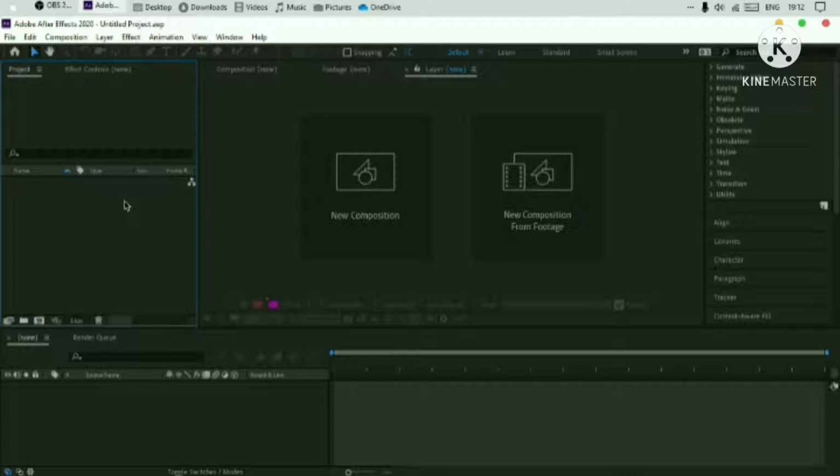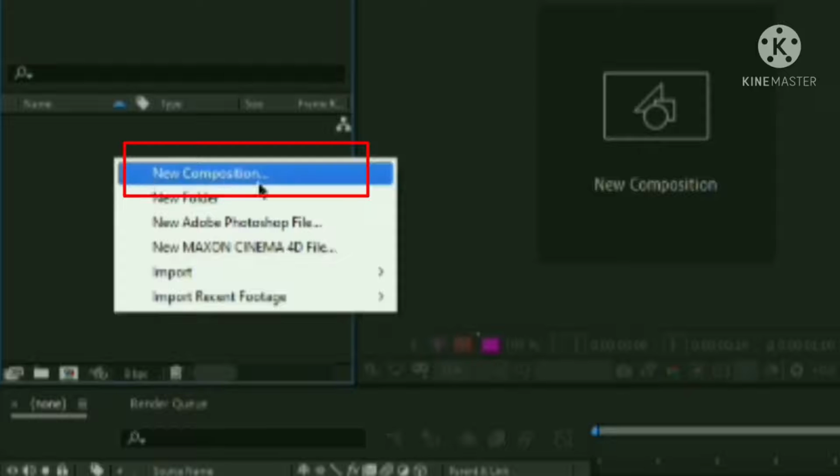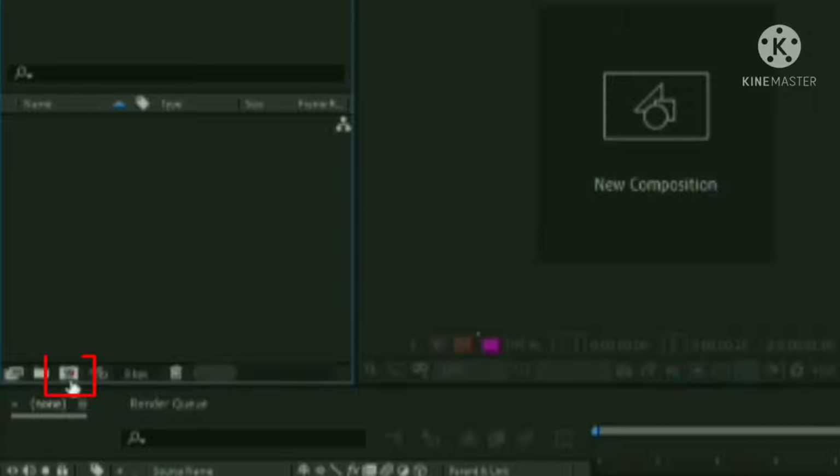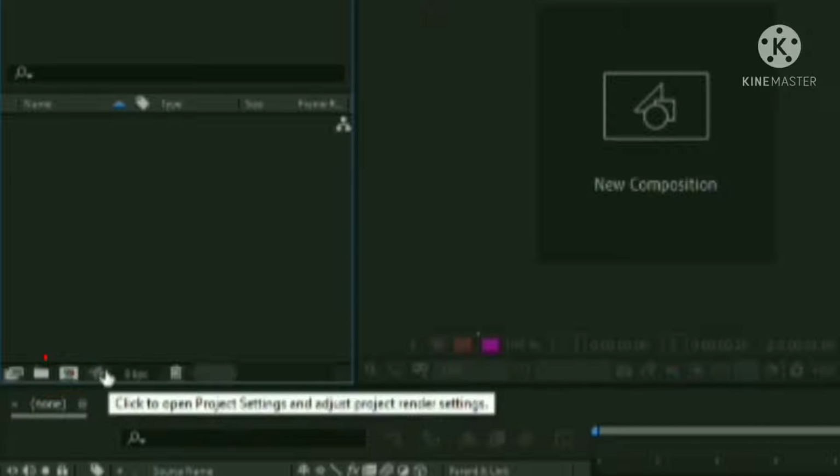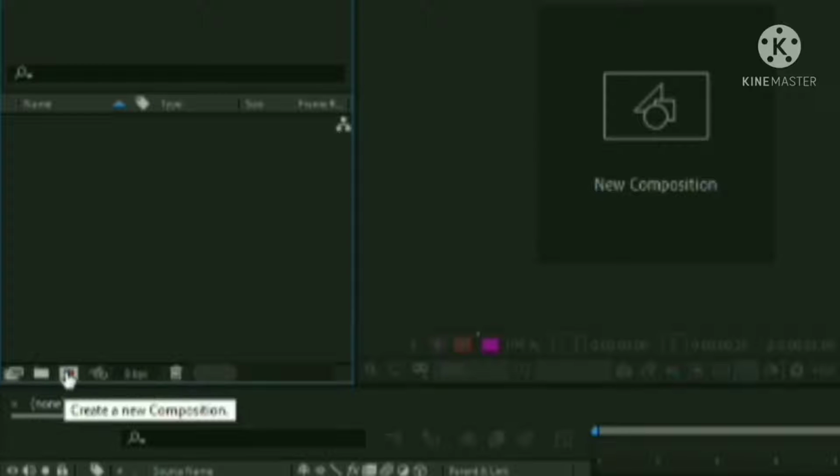A composition can be created in three simple ways. By clicking on this option, new composition, or you can just right click and create a new composition from here, or else here is a button, actually not here, this one. This is create a new composition.